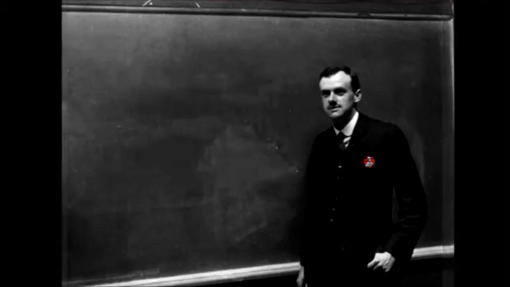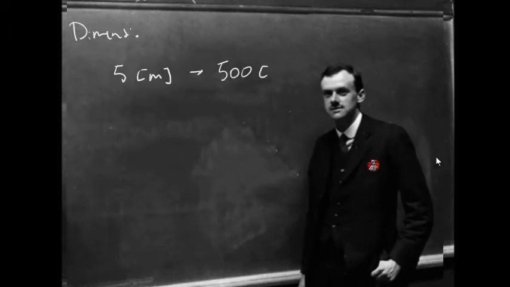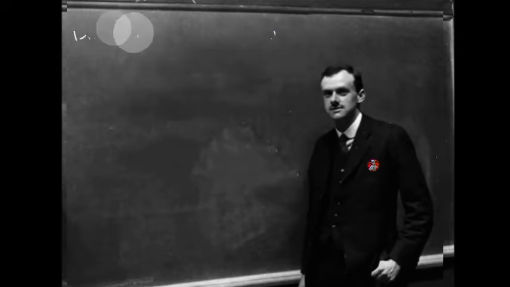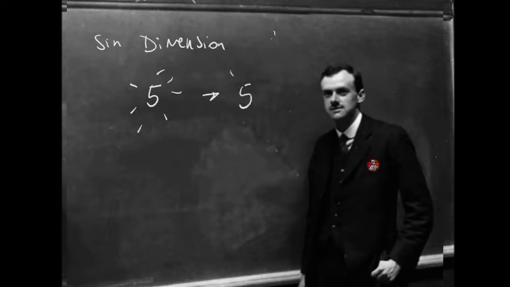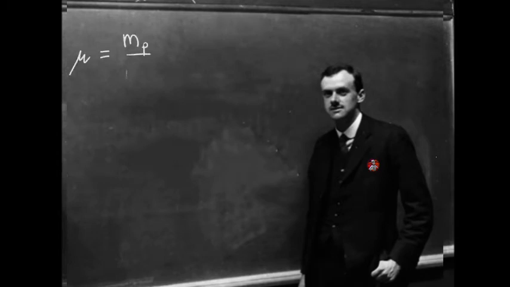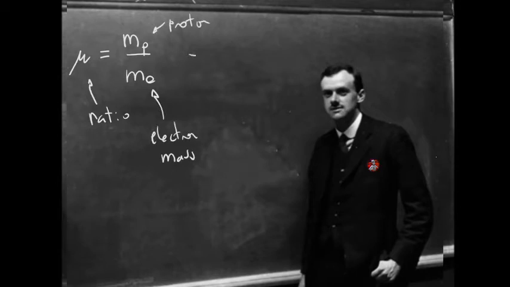A dimensionless number is a number which does not depend on what system of units you use, whether you refer it to centimeters or inches or any other units that you like. The dimensionless number will always be the same. An example of a dimensionless number provided by nature is the ratio of the mass of the proton to the mass of the electron. It doesn't matter whether you measure your mass in pounds or grams, you always get the